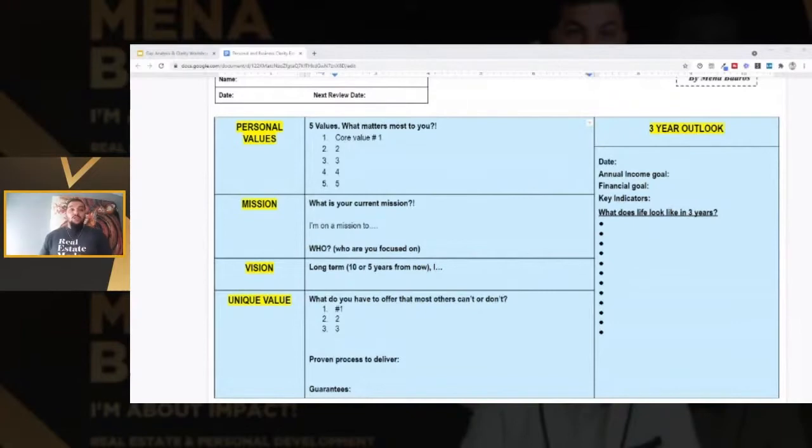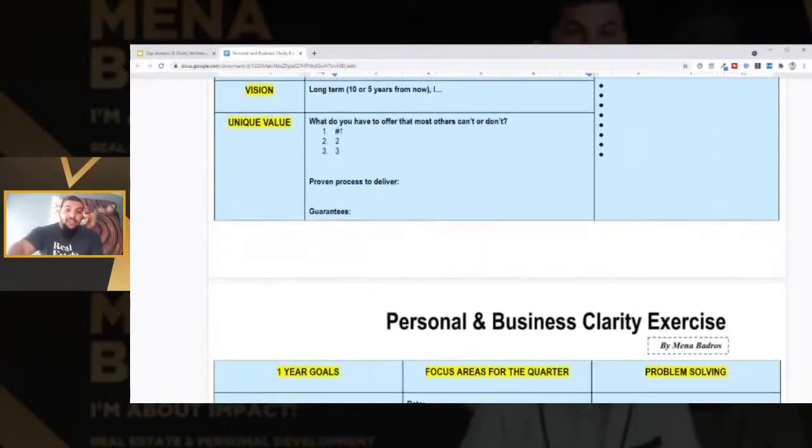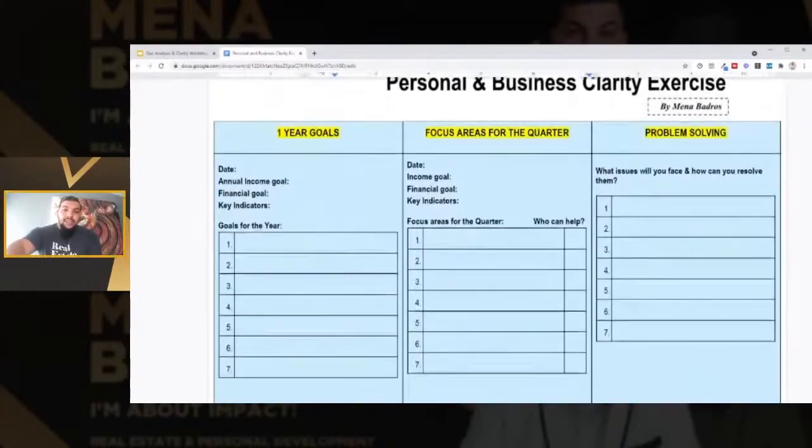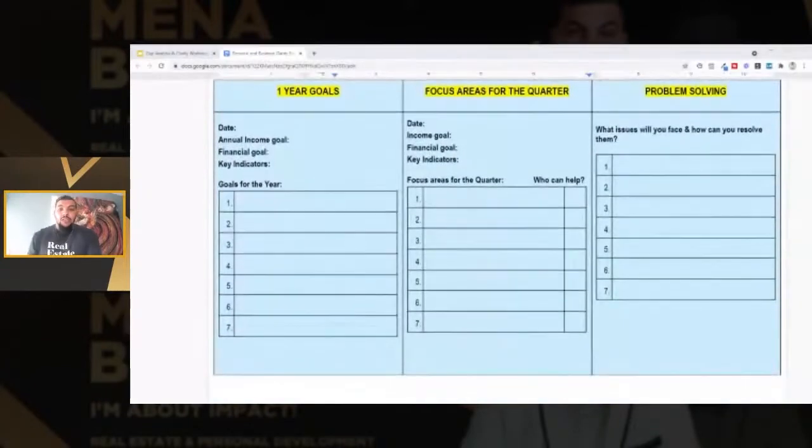And then also your unique value, what it is that you have to offer to others or to potential customers that most other professionals do not. What is the proven process that you have in order to deliver that service or that offer, and what guarantees you have to make. Now we get more specific on the second sheet,